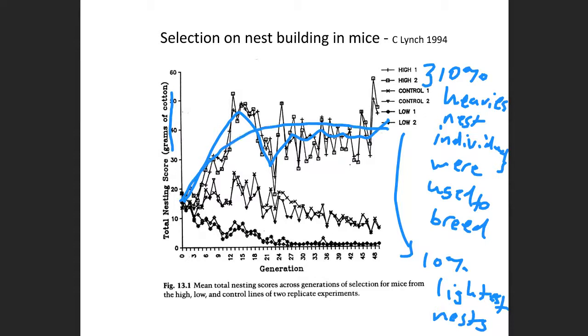Why might we expect to see? In the low lines, basically you end up, after 30 generations, they don't collect any nest material. You've just gotten rid of that trait. But